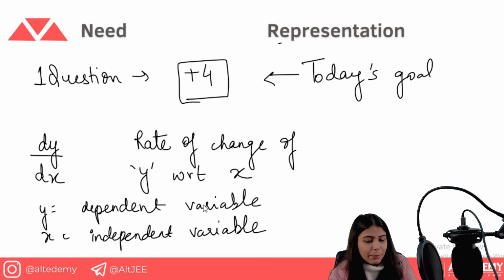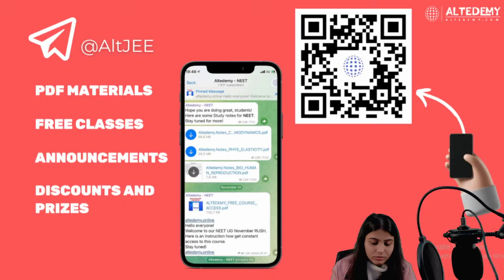Now here y is the dependent variable, whereas x is the independent variable. Now talking about the equation, how it is formed is,